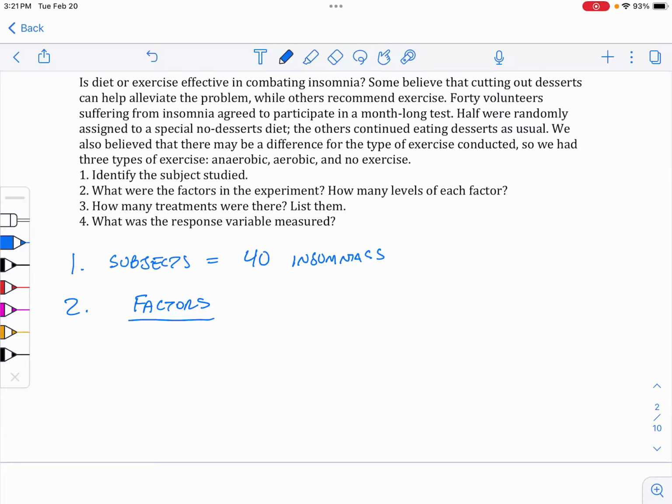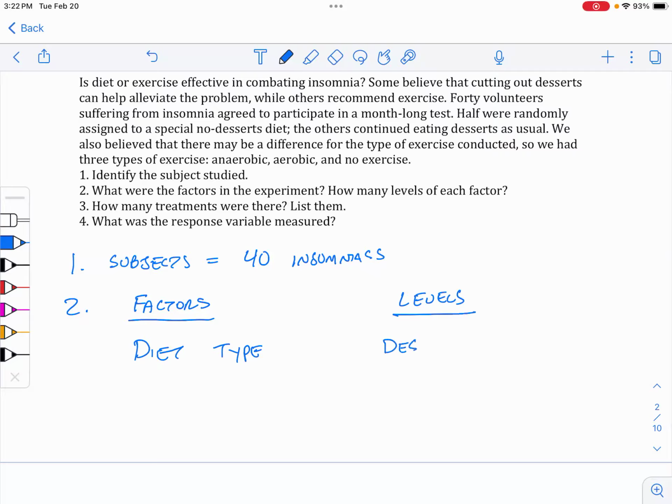What are we changing about them? Or about their lifestyles? Diet. Diet, right? Now, the big thing with factor is diet is all you actually need there. But I like to put factor diet type because it's a general category, because the diet could be diet and no diet, like the types of diet. In this case, the actual levels of that diet, though,